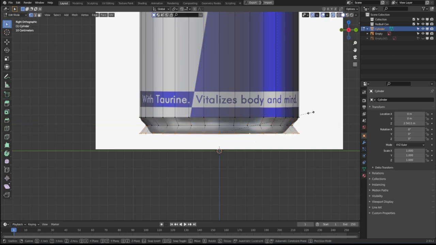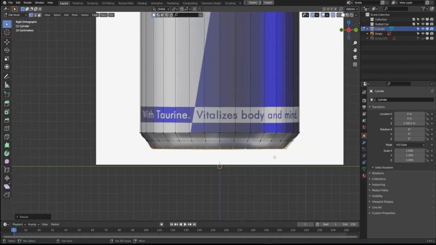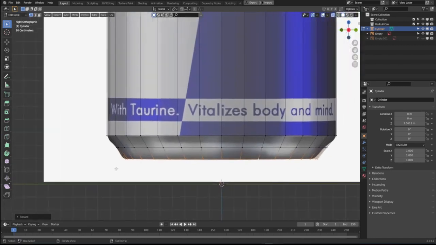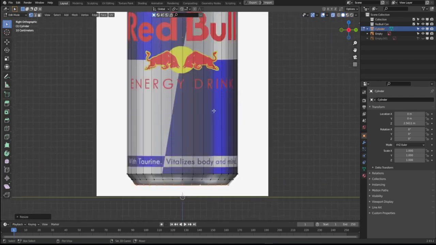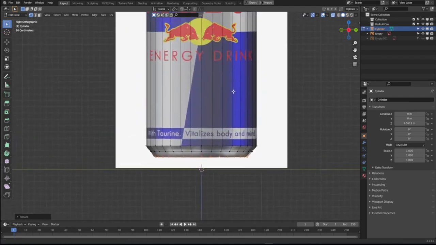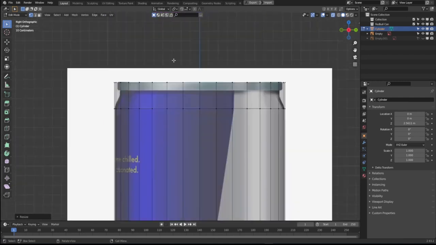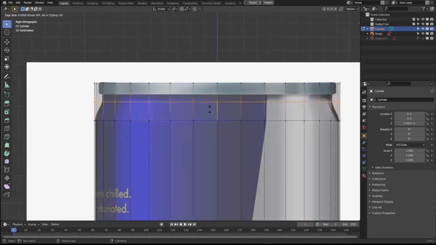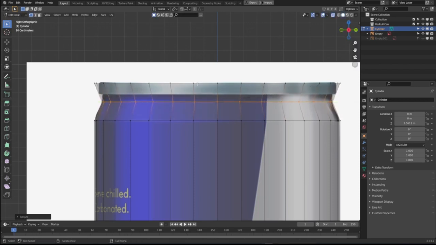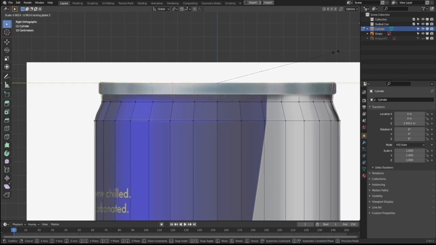I'll now just grab the bottom here, do the same thing, Shift and Z, and we can scale that in. Now you'll notice the image here, it's not completely symmetrical, so there will be a tiny bit of guesswork, but overall it's going to look basically the same. So bottom for now is pretty good. I'm just going to go up to the top here, and I'm just going to flesh this part out now. So with Control R, I'm just going to add in another loop cut, scale that in, Shift Z, make that look nice, and then the very top here I'm going to scale that in as well, Shift Z,